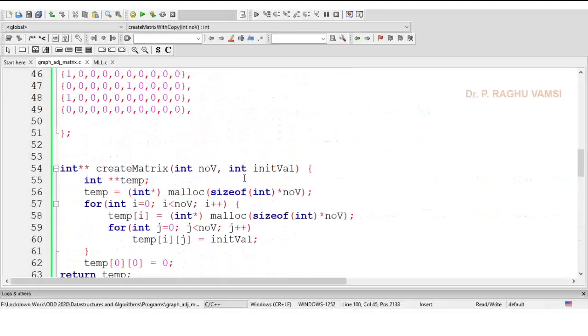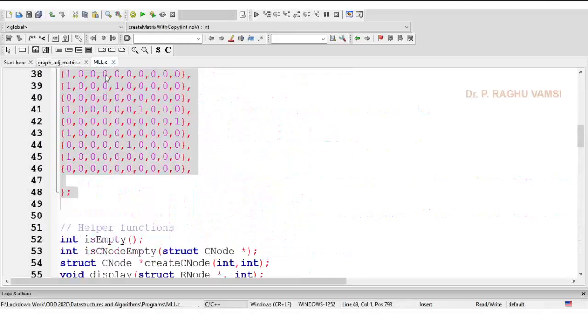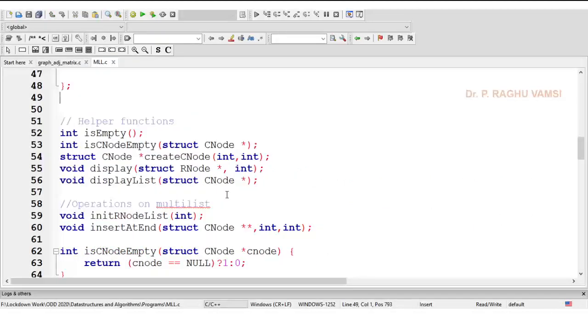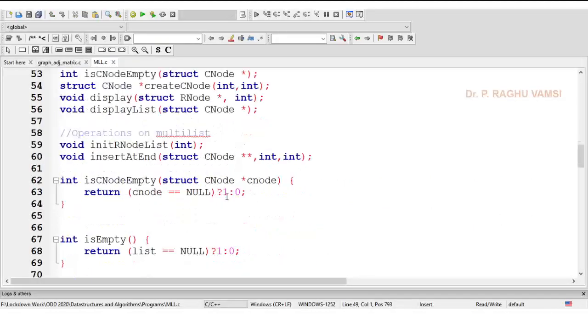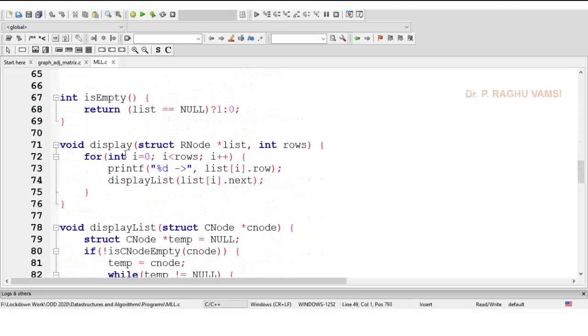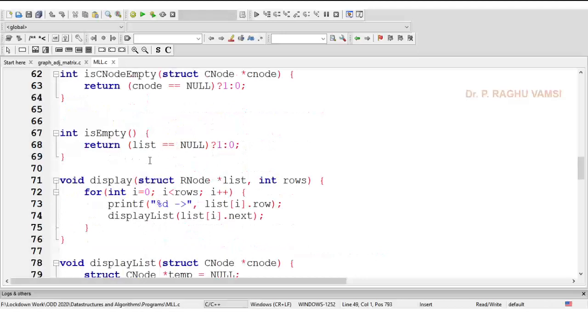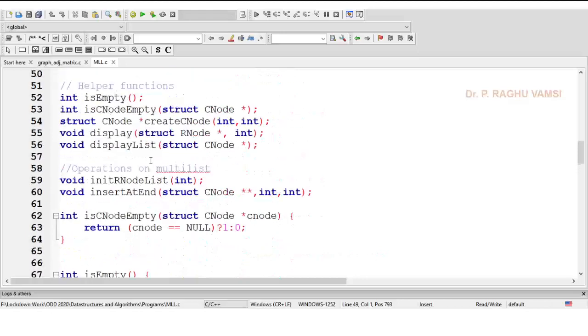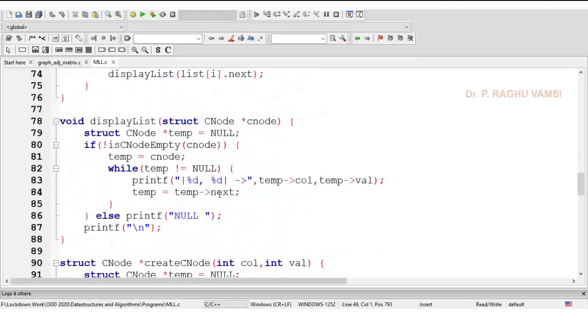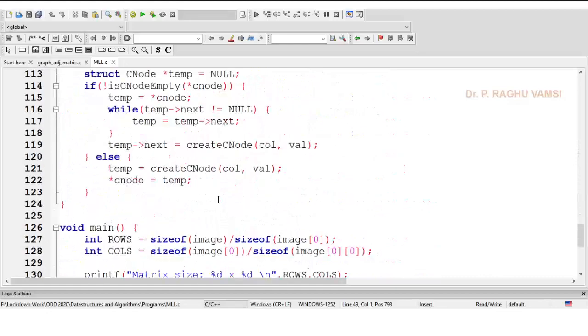So now we are supposed to prepare the adjacency list. We'll go to the multi-list concept and check what functions are required for this. The display function is required for us. Next, the empty function is required, the display list function is required, and so all these functions are required.